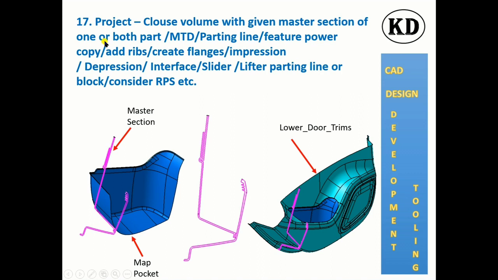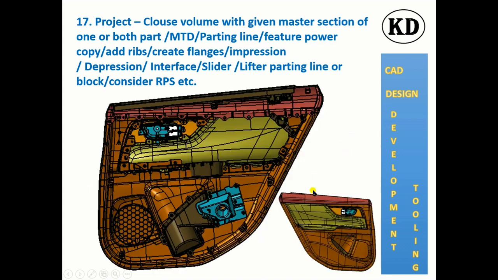In a project you are given 2 parts. One is your base part, the other is your environment part. That will be a dump, surface or closed, whatever it may be, or given in sections. From that you have to generate both closed volumes, matching with master sections, according to the main tooling directions you find out, parting lines or any interface regarding that, deciding RPS or fixation strategy, finding the power copy of locator fixations, and making this like a B surface of the complete program or project. So this is the task.